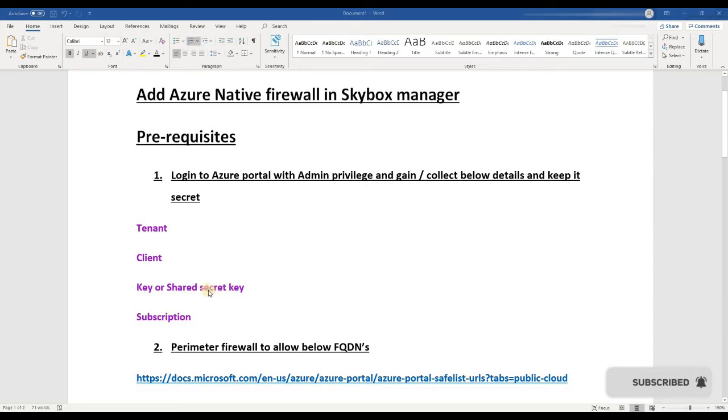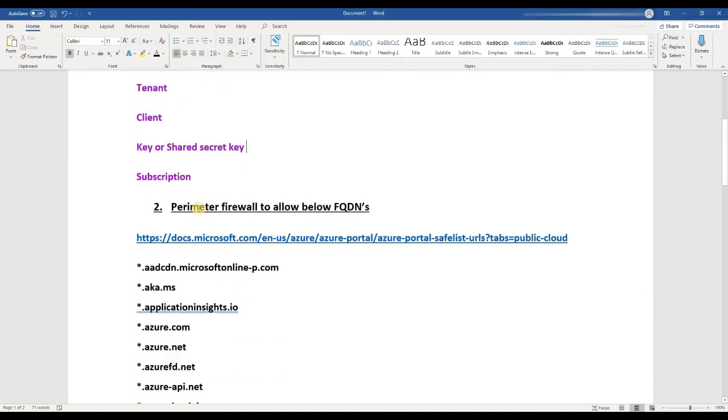But just for your information, the shared secret should not start with a hyphen, and since it is a dynamically generated key, you would need to generate a key until there is no hyphen at the start of the shared secret.